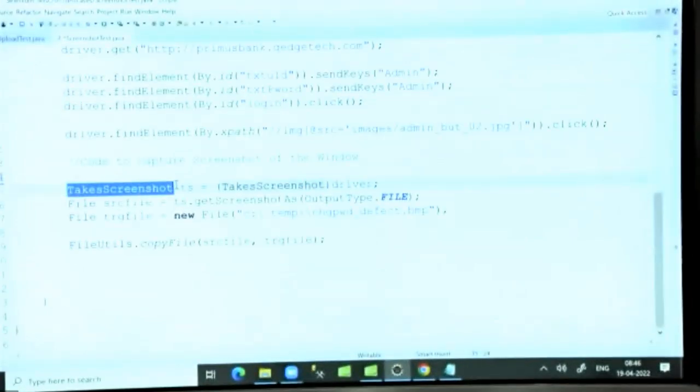Take some short description about it. The concept description you take. I said in the two scenarios we can capture the screenshot of the window, containing the nodes for capturing the screenshot. Selenium provided